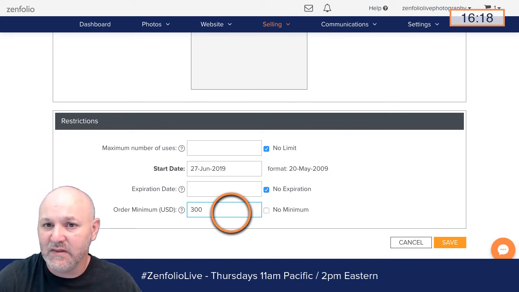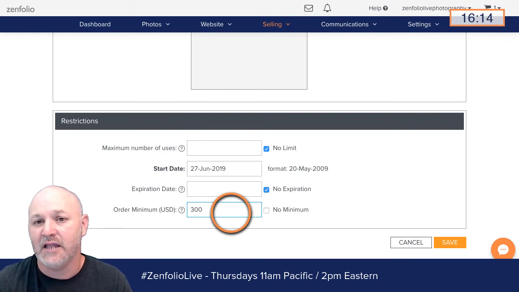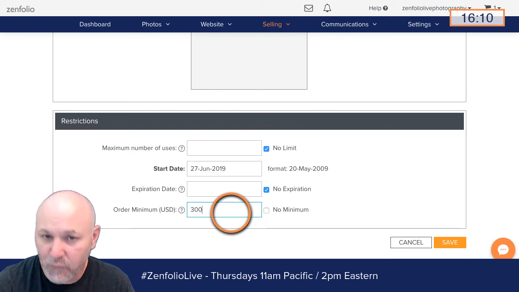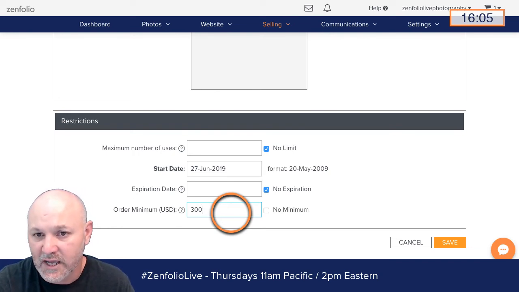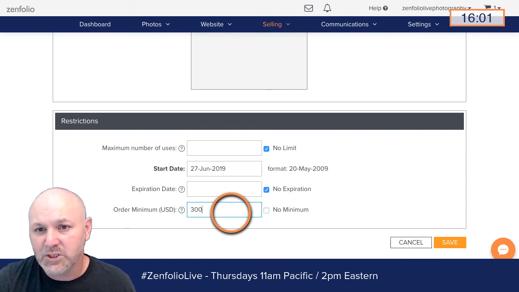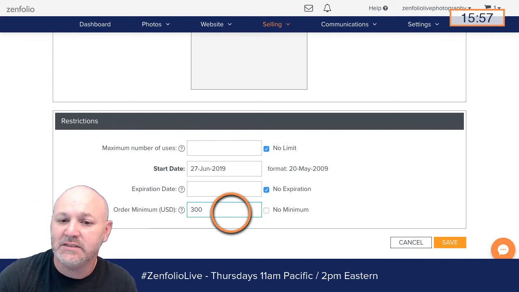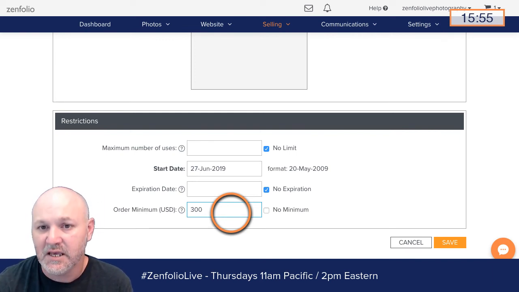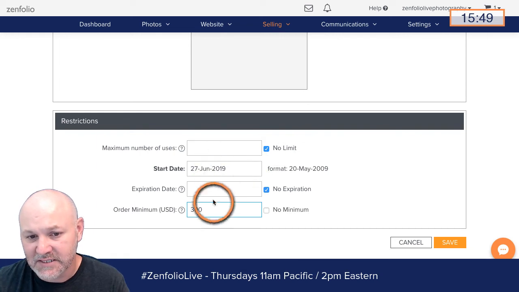Now you're going to be giving them this coupon up front. You're going to put it in the emails that go directly to them when they get their gallery links, and just say, hey, here's a coupon. If you spend $300, use this coupon and you can get 50% off of a wedding album or get $150 off, however you want to word it. Unfortunately, there's not really a way to limit it to just work on the wedding albums. It's all about how you set up your price list and how you word this to your clients, and hopefully they follow your directions. But this is how you can do that by setting this up.